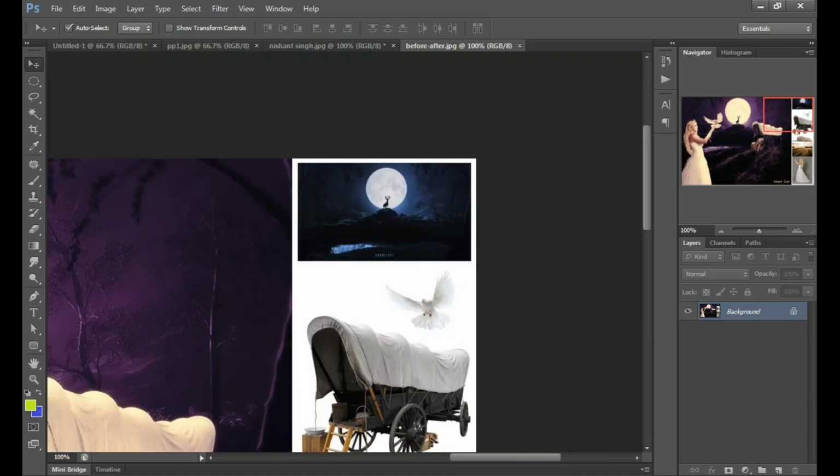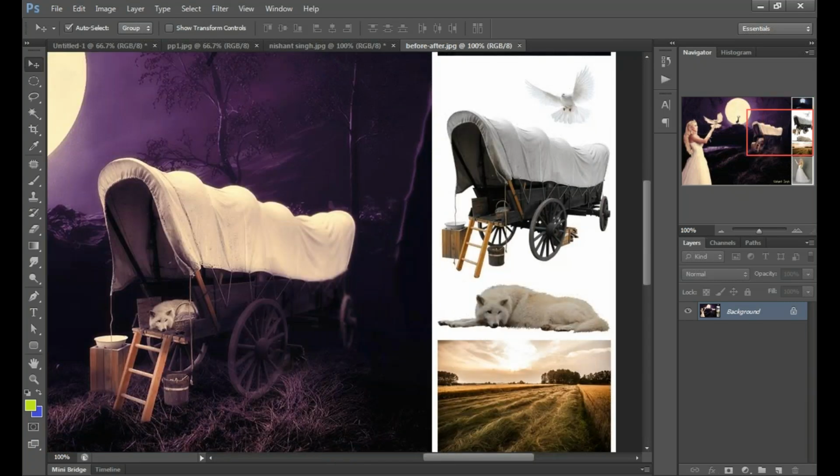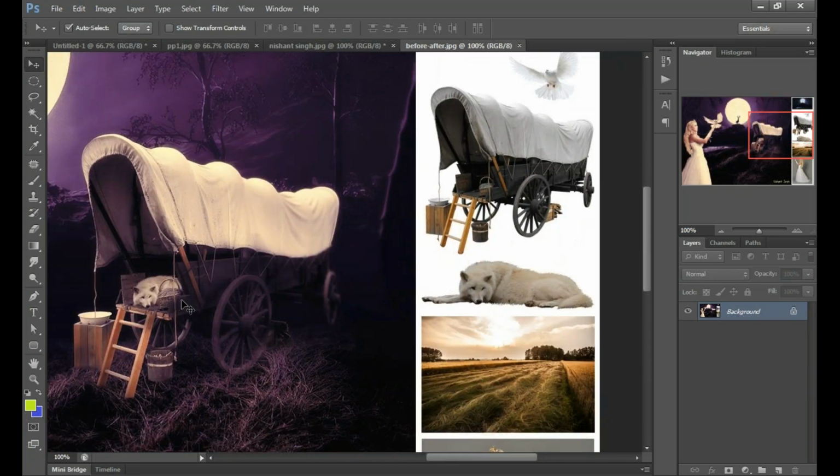Yeah, it's really beautiful. Fantastically edited. Are you able to understand that I have used a different image for the background, and the pigeons are different. The cart is there, and this word was there. You can see here in the cart.